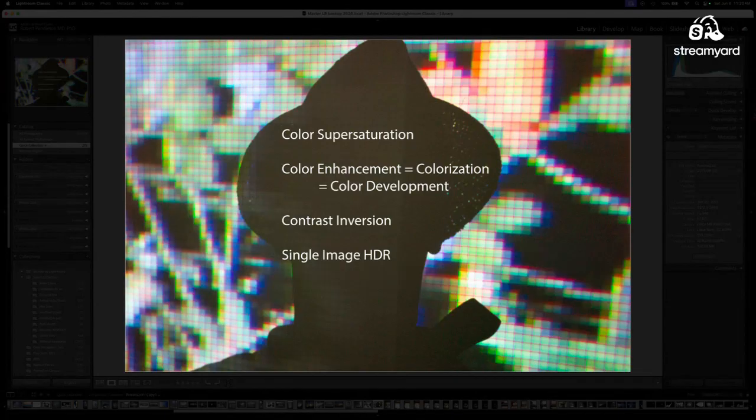As I said, I've split these for discussion's sake into 4 categories that are all related to each other. There's color supersaturation. I should call this really selective color development. I sometimes refer to it as color enhancement or colorization. It's really selective colorization. There's contrast inversion, and then the creation of a technique for creating single image, high dynamic range photos.